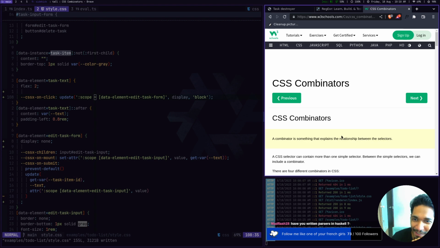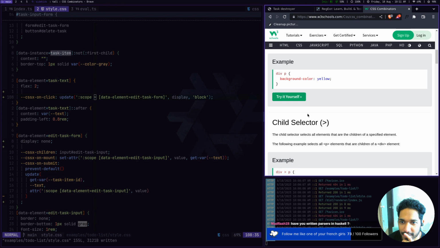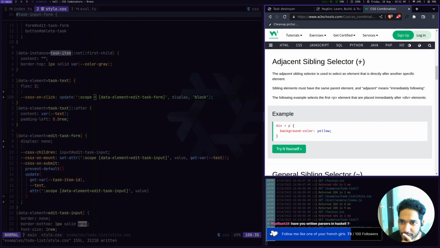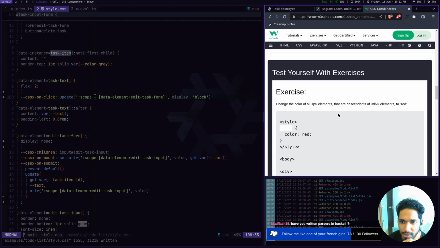W3Schools. It's been a while since I've been here. Descendant selector, yeah. Child selector, yes. Adjacent sibling selector is a selector that is directly after another element. General sibling selector, that is the one I'm using. So it's a